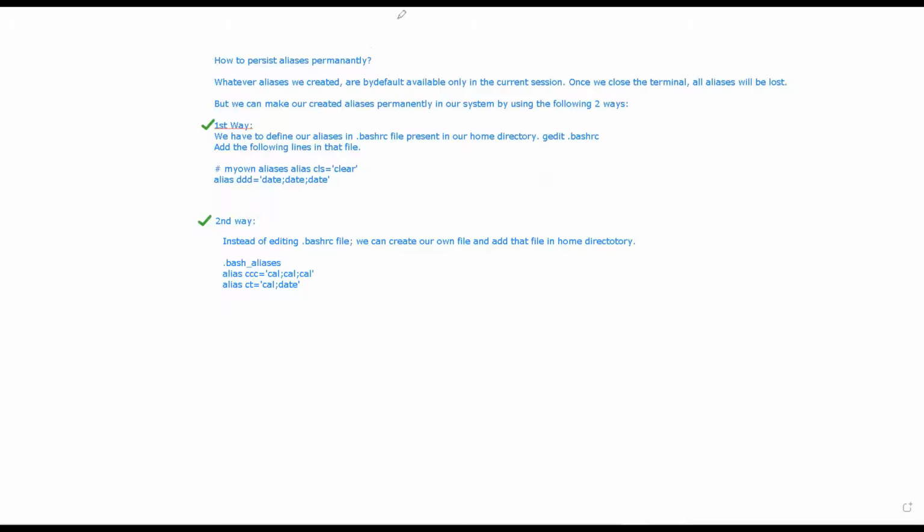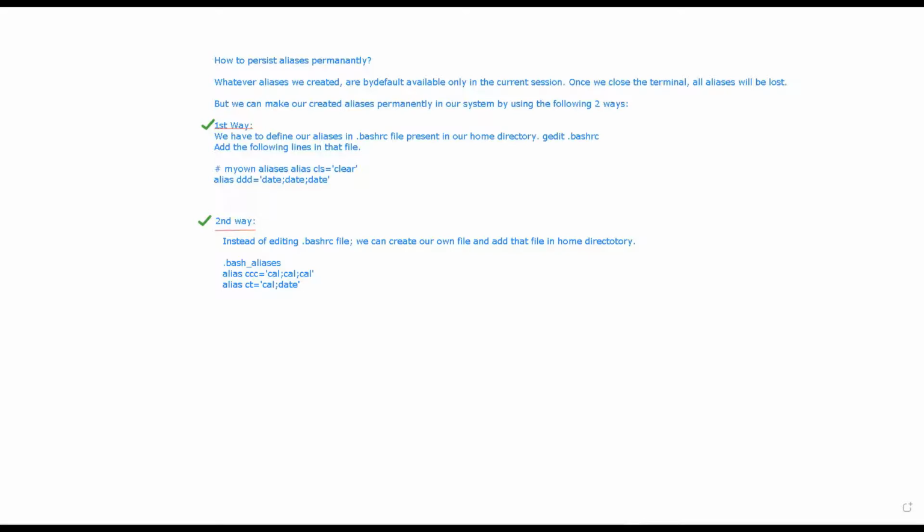Once your terminal is closed, those aliases won't be available to the Unix programmer, developer or admin. So if you want permanent aliases, you can create your own file instead of editing the bash.rc, and add the aliases like this, and you can use those aliases.